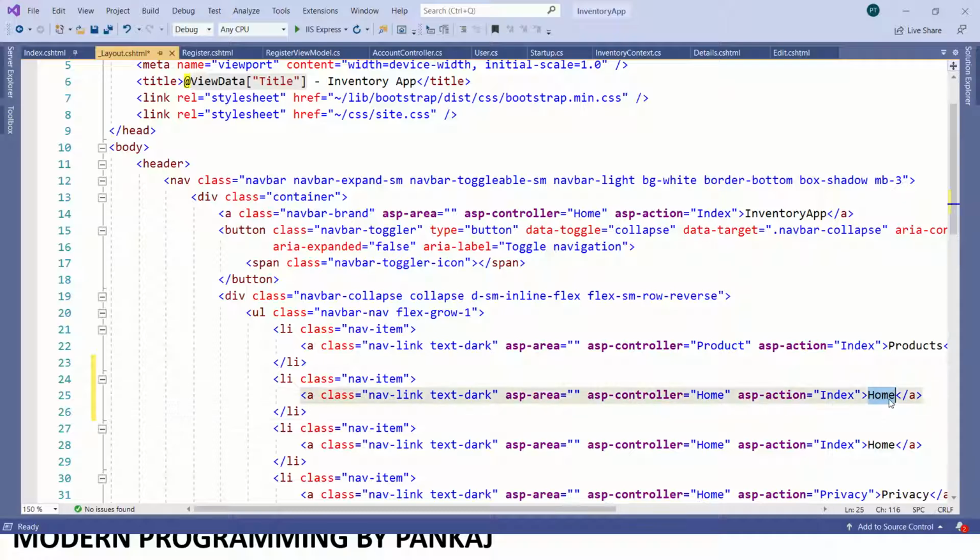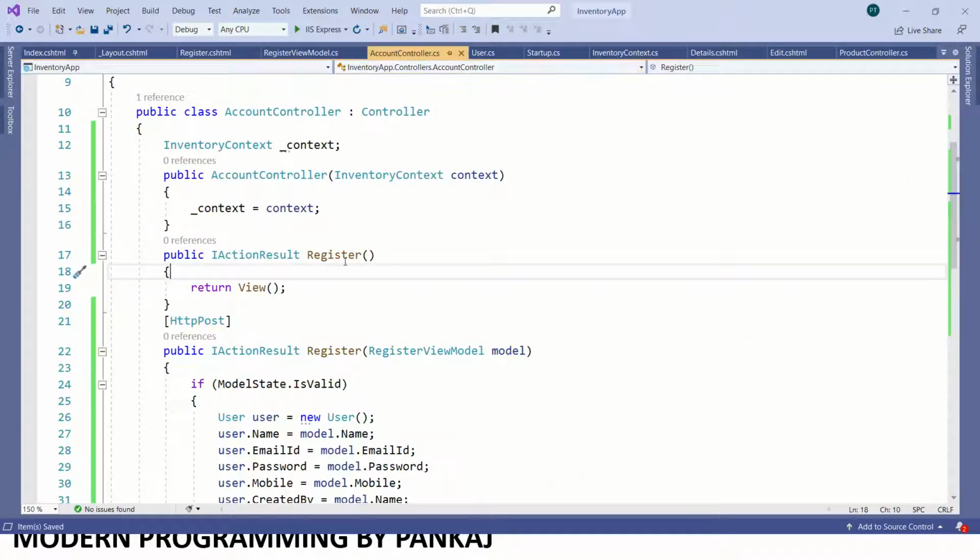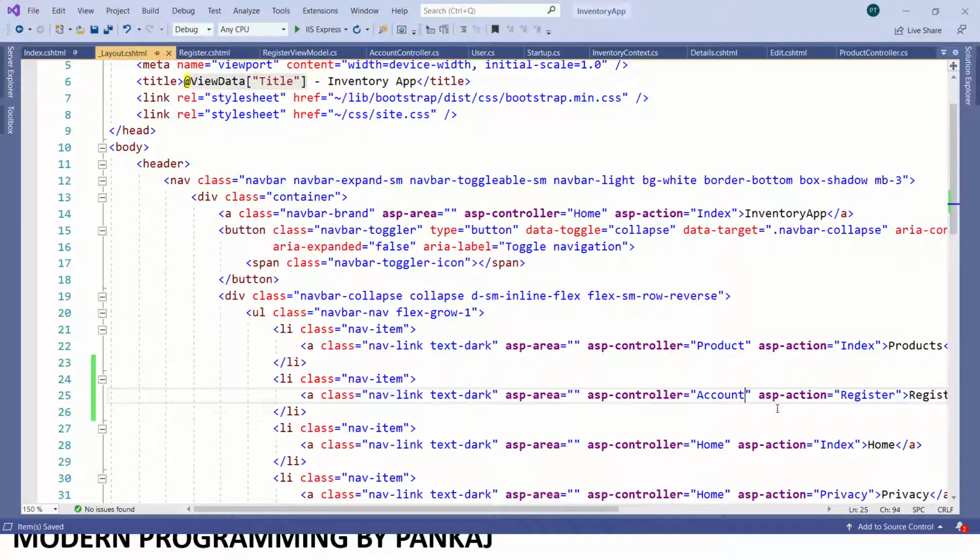So here we'll just write register, and action should be register, and controller name should be account. To make sure the things are correct, we'll just copy paste it from here. If there is any spelling mistake, then it will not work. Okay, so account. Now let's run the application.